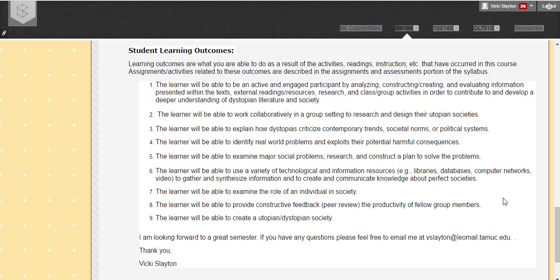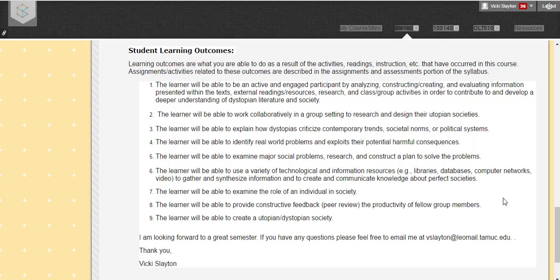The learner will be able to examine major social problems, research, and construct a plan to solve the problems. The learner will be able to use a variety of technological and information resources such as libraries, databases, computer networks, videos, etc., to gather and synthesize information and to create and communicate knowledge about perfect societies.